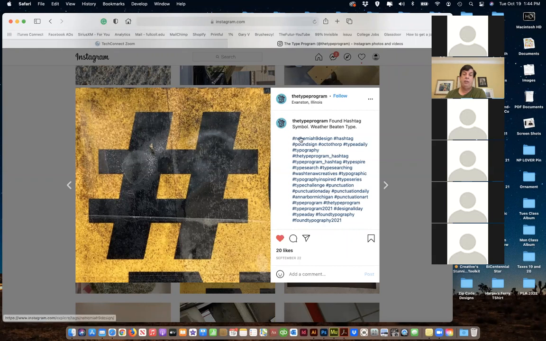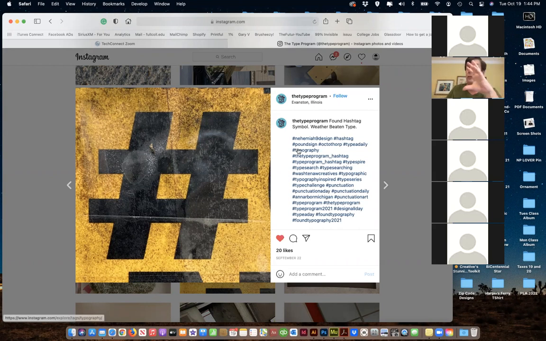You can see here they've used hashtags. You can use up to 30 hashtags in Instagram. You should be as specific as you can to help you define. So typography, we saw, had like 12 million. So it's specific, but it's not that specific because there's 12 million. If you get into something else like type series or punctuation, it's going to be less. So you have to try to balance out your hashtags between very finite, like a very specific one, or something very broad like typography, or even broader like design.